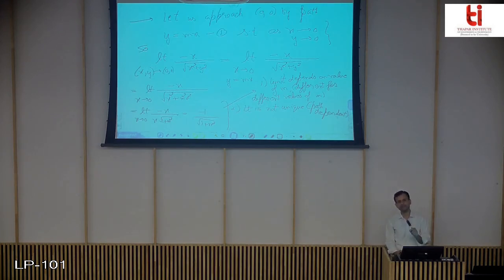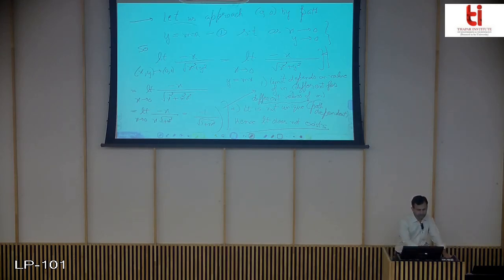But here what is happening? It is path dependent. You follow some path, you get some value, you put another value of m, you get some other value. So the value of this limit is path dependent, depends upon m, it is not unique, hence limit does not exist. Although limit is finite when you put any value of m, it is not unique. Why? Because the path you are following is different. Different path means you give different values to m.